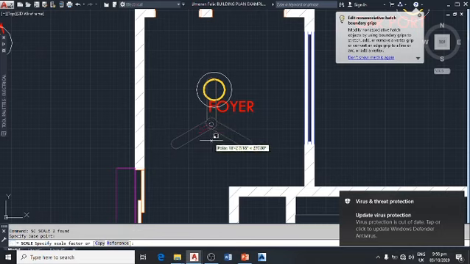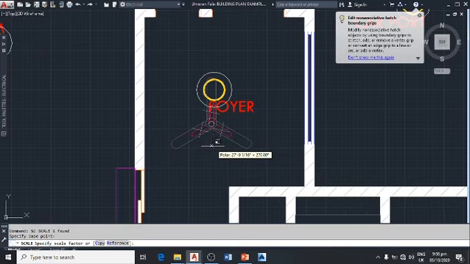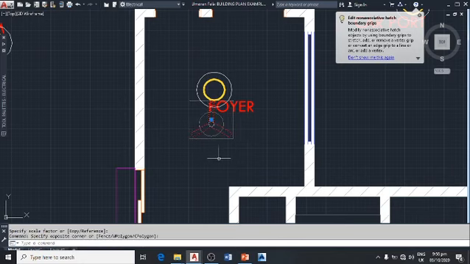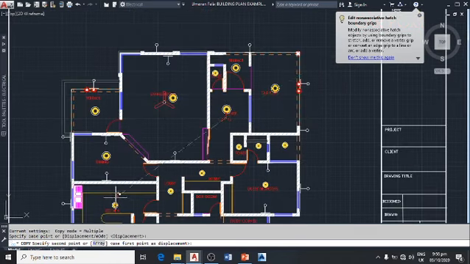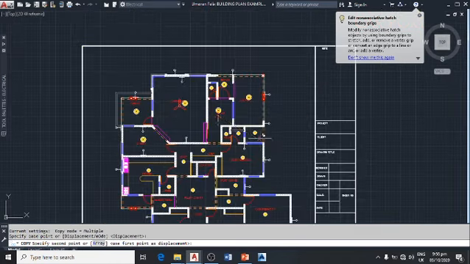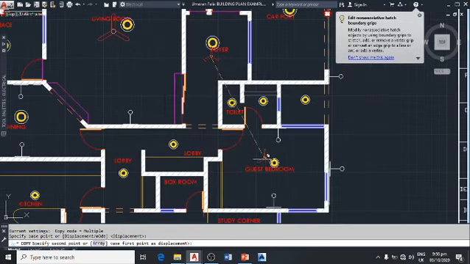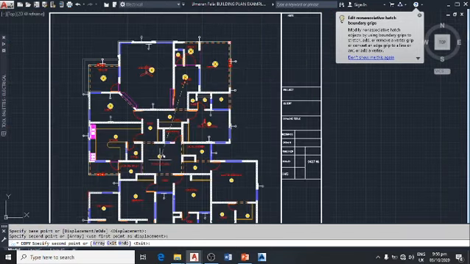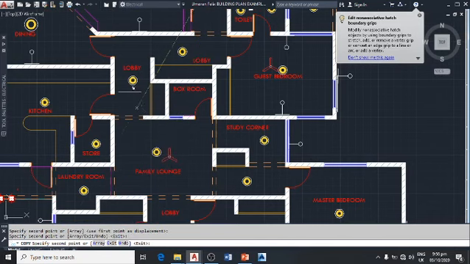Okay, that's how you do it. Okay, I have my fan here. Then I can paste the fan onto